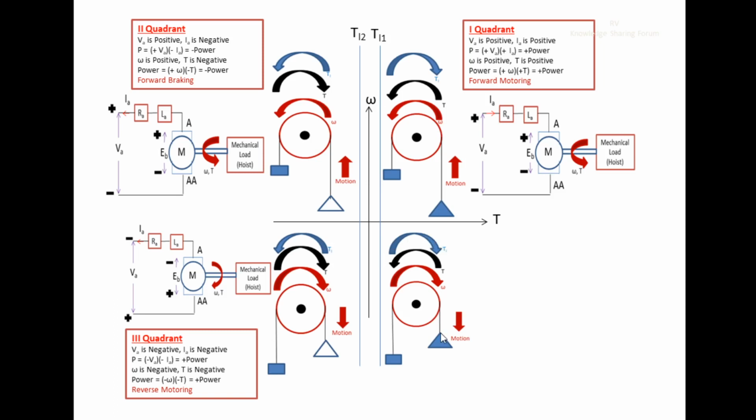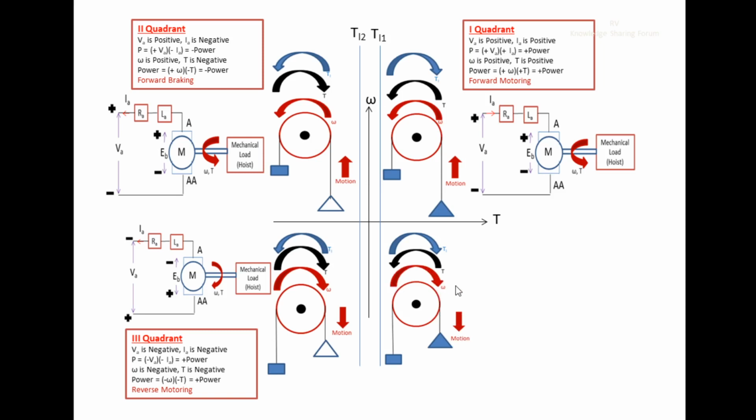Now when compared to these two weights, the weight of this loaded cage is high. Therefore it can easily pull downward by itself due to gravity, because the weight of this counterweight is less when compared to the weight of this loaded cage. Therefore this loaded cage can easily come down by gravity action itself, naturally. So the motion is in the downward direction. Therefore the direction of the speed is clockwise. That means towards the downward direction, because the speed always follows the direction of the motion. Therefore the direction of the speed is in the clockwise direction.